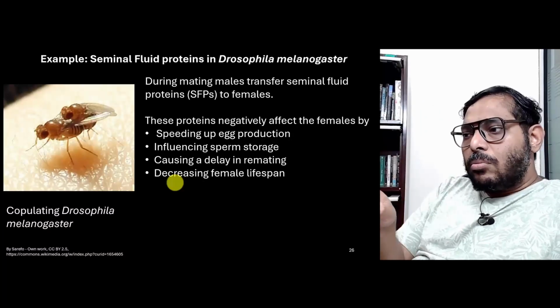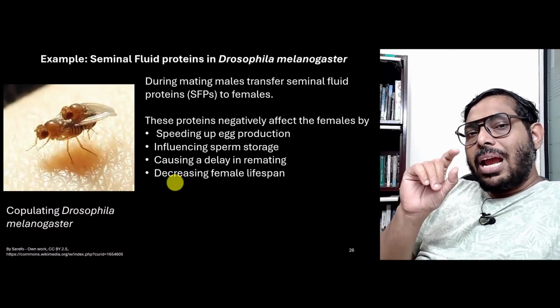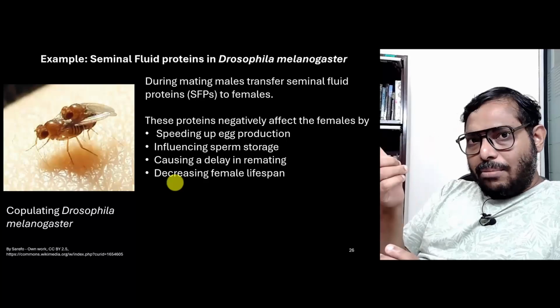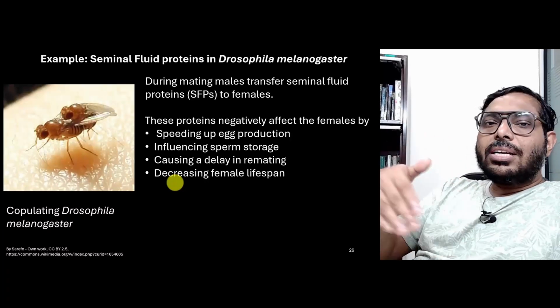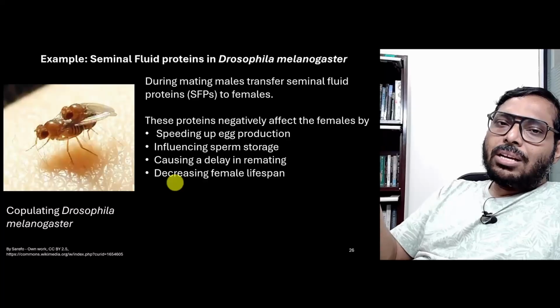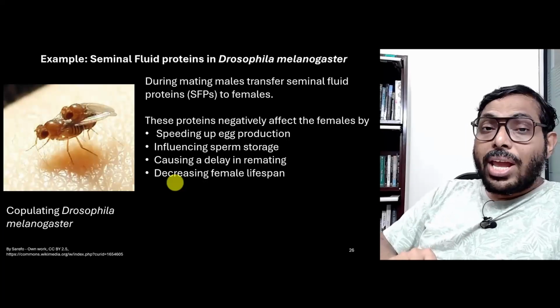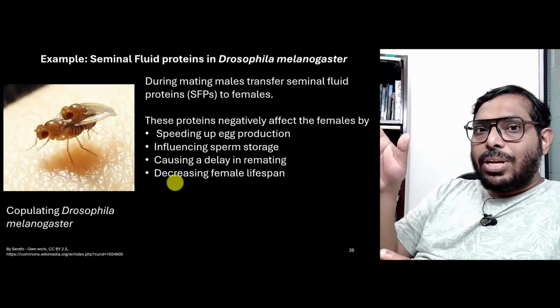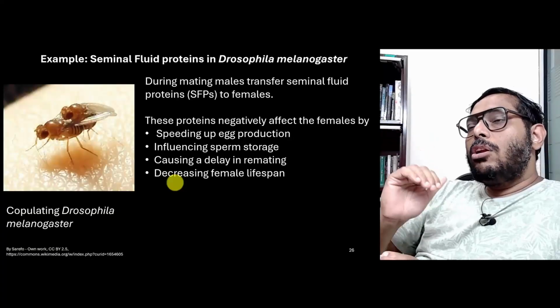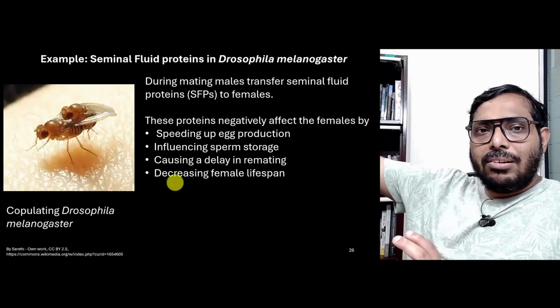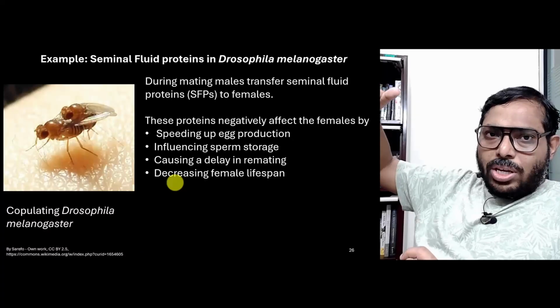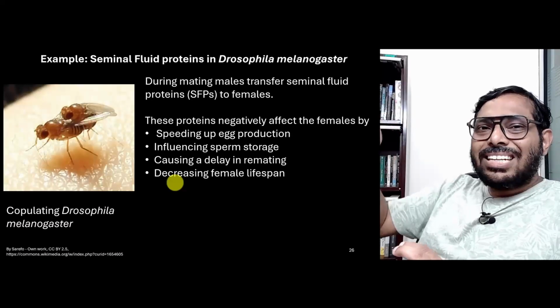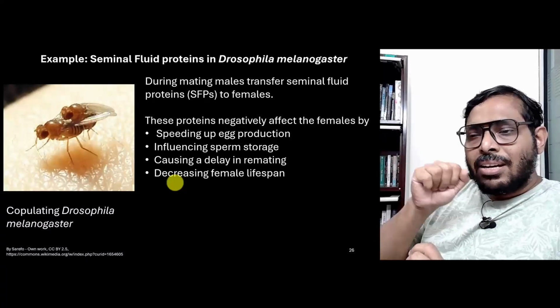Similarly, Drosophila females mate multiple times, so there is remating. Obviously, the faster the Drosophila female remates, the worse it is for the males. Why? Because I told you, last male preference, right. So, the longer the female takes in remating, the more is the chance that the male which has mated now, that its sperm is going to fertilize the eggs.